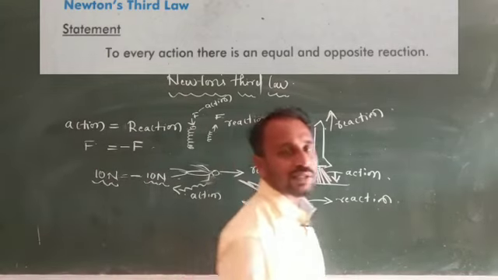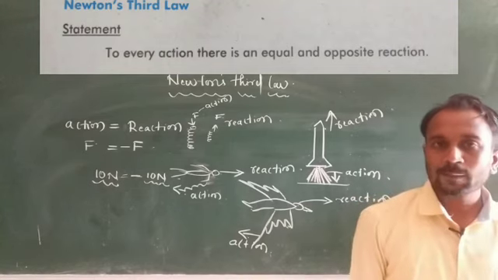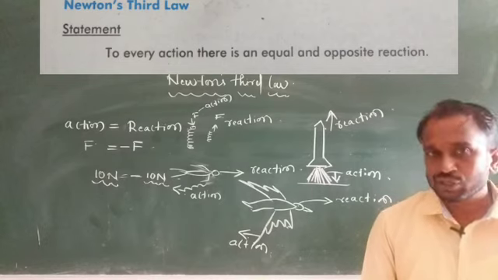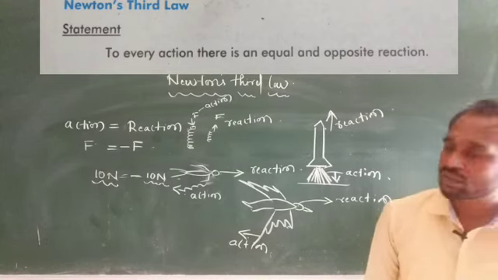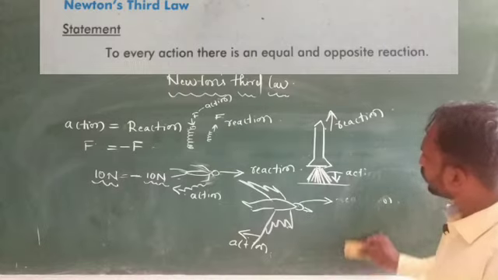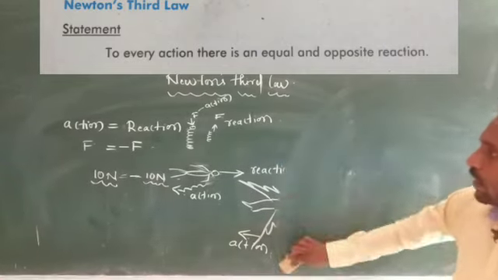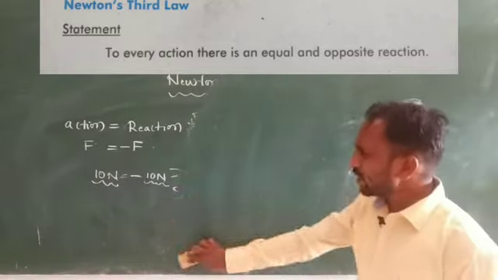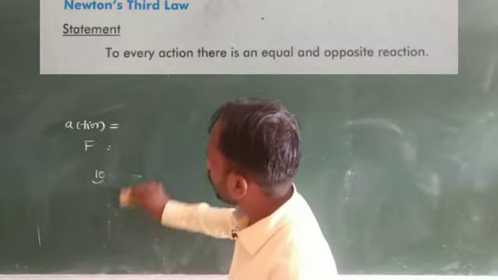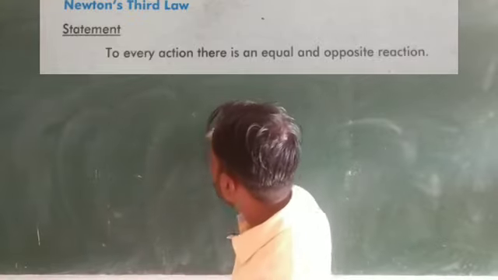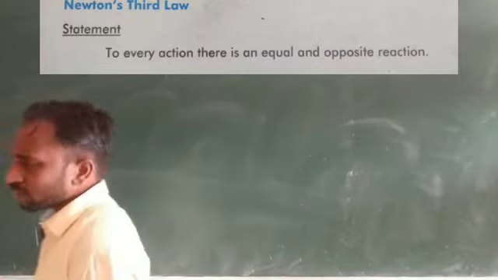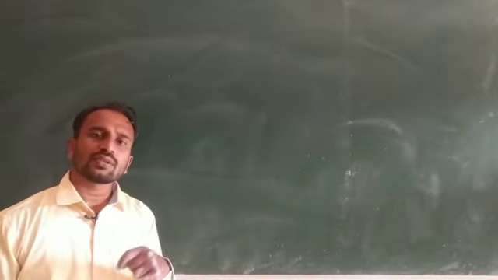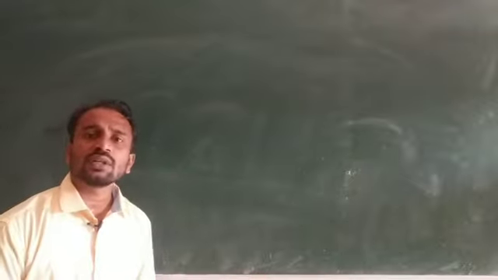Okay, so this one we consider Newton's third law: to every action there is an equal and opposite reaction. So this one is Newton's third law. Okay, you already know that the SI unit of force is Newton. And here, so many examples are there. Boat and river, it means boat and water. So many examples, so many illustrations, are there for Newton's third law.